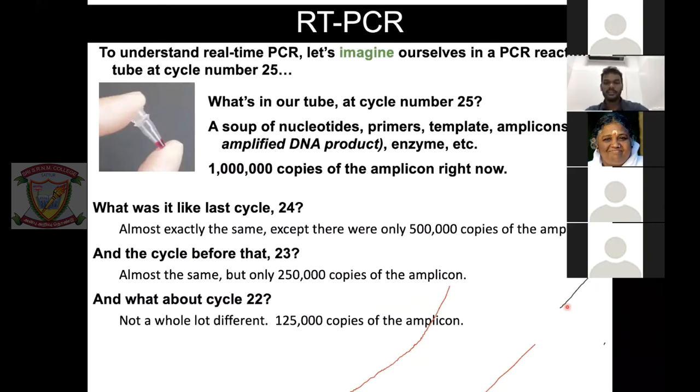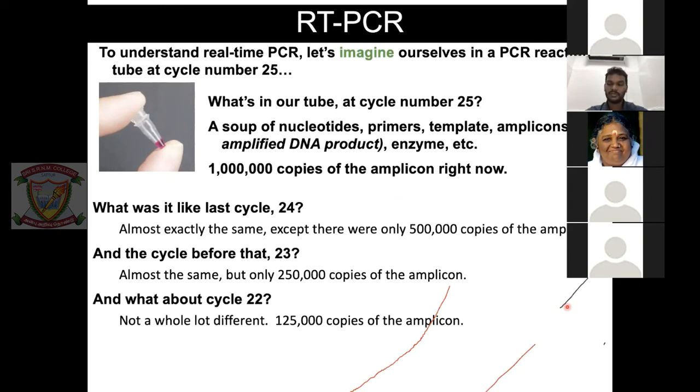Now this is a busy slide I prepared for my class students. I'm just showing it, but I will tell you in brief. This is the exponential increase in the number of DNA copies. When you have one DNA, it becomes two, two becomes four, and four becomes multiple copies. So it forms 2 to the power of n copies. And typically in PCR, how many cycles are done? 30 cycles. So you start from a number and continue for 30 cycles, making 2 to the power of n copies.